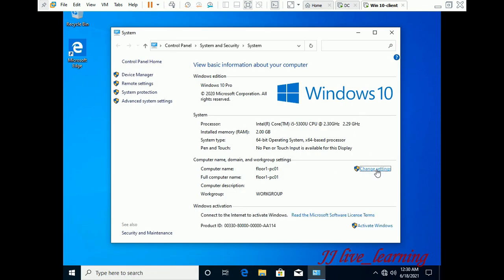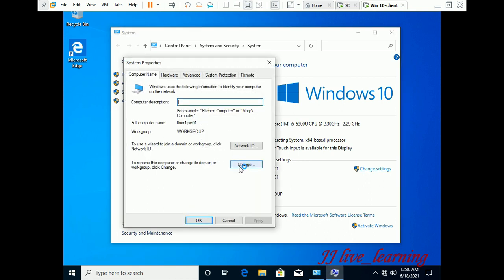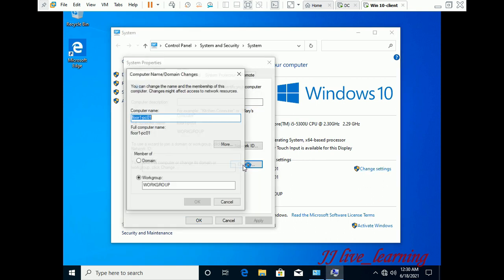Your computer name is floor1-PC01. Go to My Computer, right click, Properties, go to the domain option and give apple.com. We are joining this PC as a client for your server apple.com.